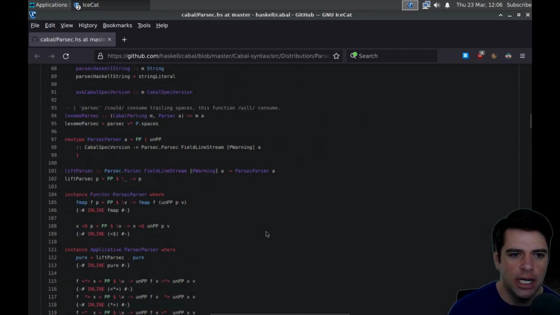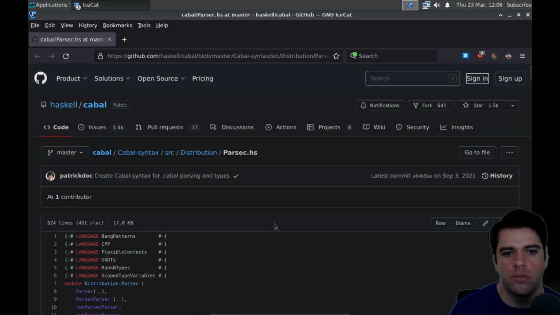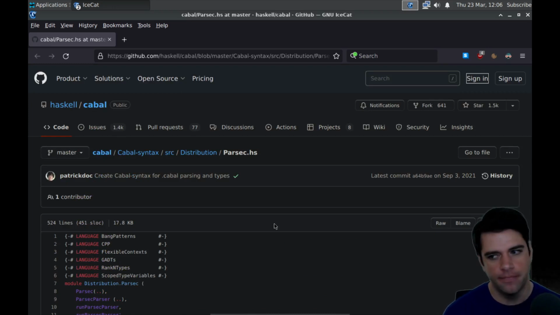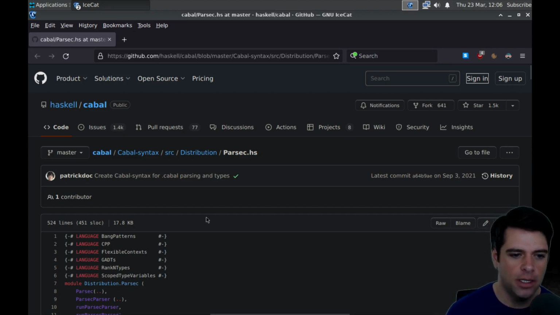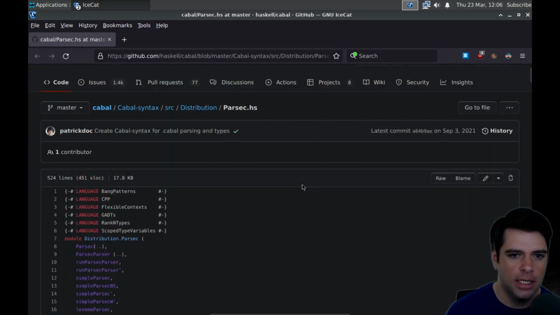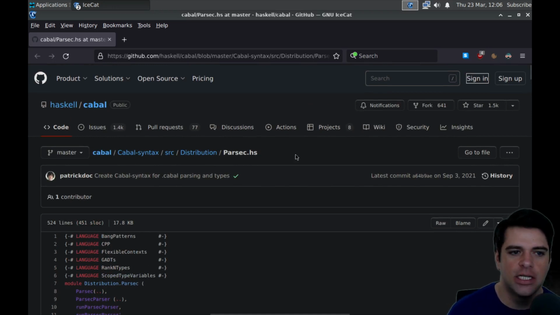This code base maybe was a little bit. It took me a little longer to find my bearings compared to some of the other code bases I've looked at. But I don't know. There's something very appealing, I guess, about Haskell, and I guess I didn't appreciate that Cabal had this thing that they're calling simple, which is really where most of the complexity lies. And yeah, so that's Cabal.